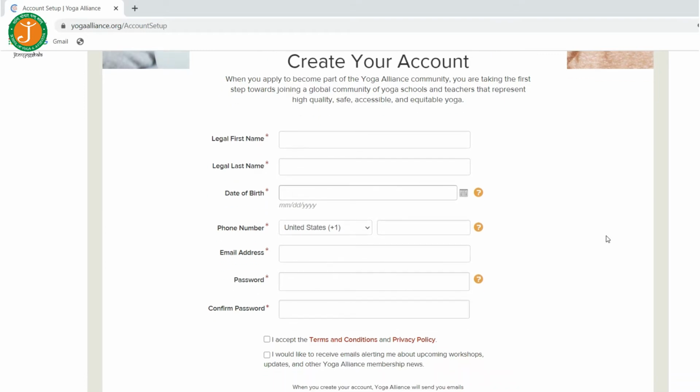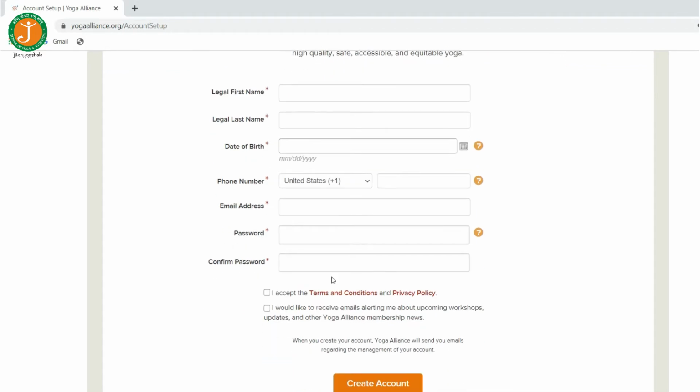It has basic information such as first name, last name, contact number, email ID, and password to log in for this account. Once you complete the details, click on the Create Account box, and that's it. Your account is registered with Yoga Alliance.